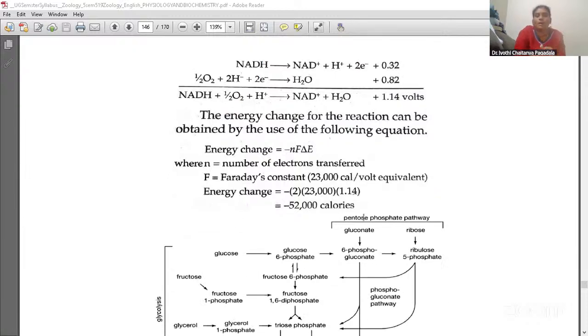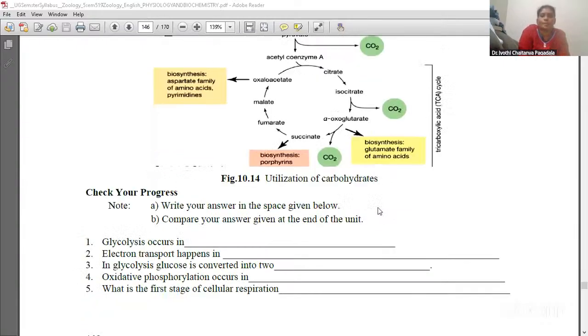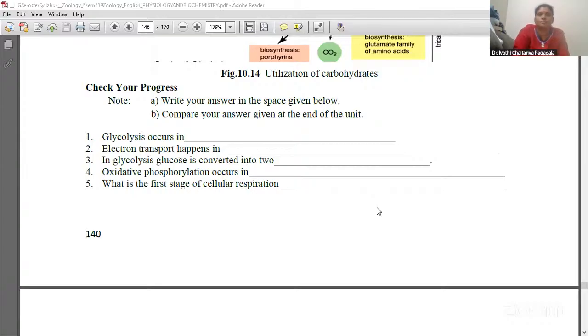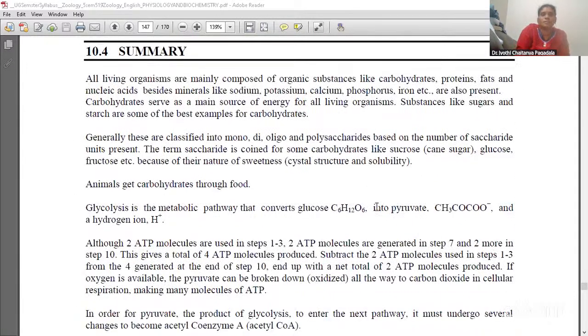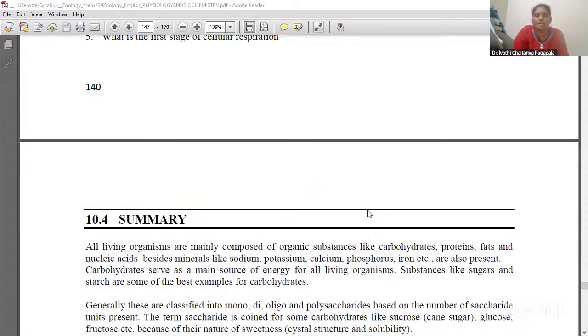This is the overall reaction. The energy change for the reaction can be obtained by using this formula. So here, the overall summary for this one, like carbohydrates and glycolysis, electron transport chain, is